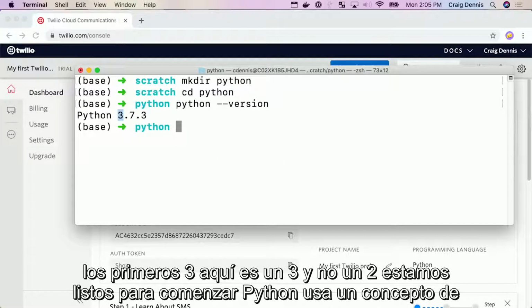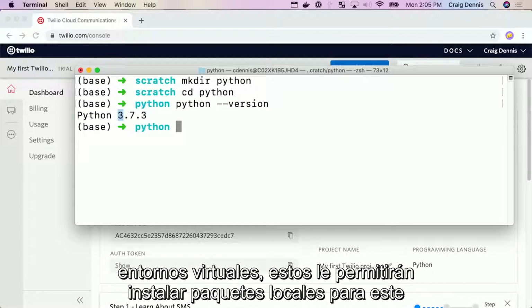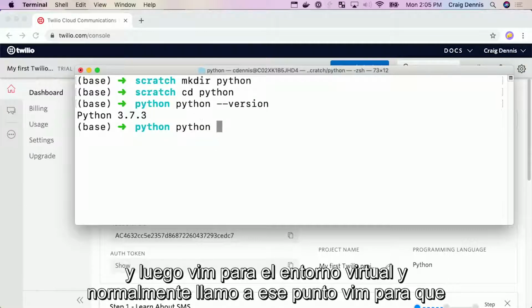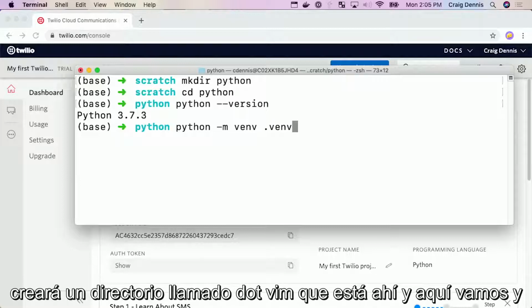Python uses the concept of virtual environments. Now, these allow you to install packages local to this application, so let's do that just to be safe. So that's done with the -m and then vim for virtual environment. And I usually just call that .vim. So that will create a directory called .vim that is right there.